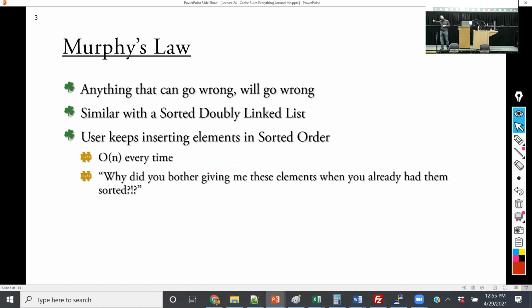I'd have to sort through everything and put them in at the end. Does anybody remember a term that we learned earlier this semester? We initially learned it when we were studying dynamic arrays. I said that most of the time the insertion is big O of 1, but